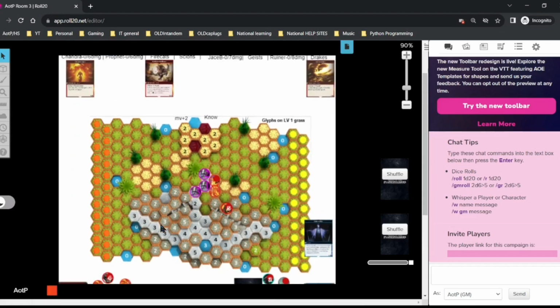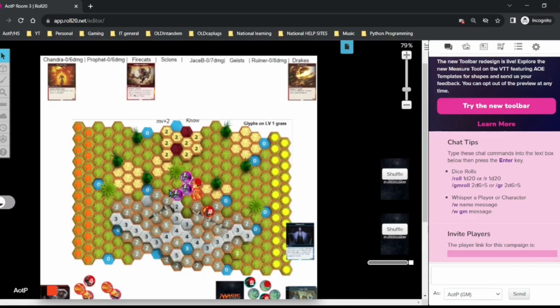So generally, when you first sign in, you're probably going to see something like this. Not exactly like it, but you get the idea. There's a map. You might see some of the cards laying about. You'll see pictures of the figures. Number 1, although you don't see it on my screen,